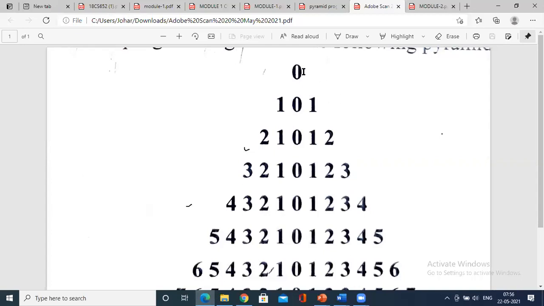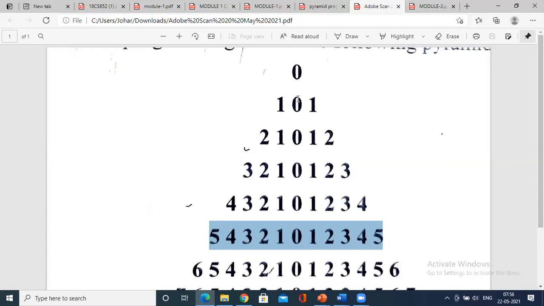If you look at this program, if I say till here you have to print the pyramid, this row. So how many spaces are left out on the left hand side of the 0 and the right hand side of the 0? There are 4 spaces on the left, and again 4 spaces on the right. This you have to first picturize.